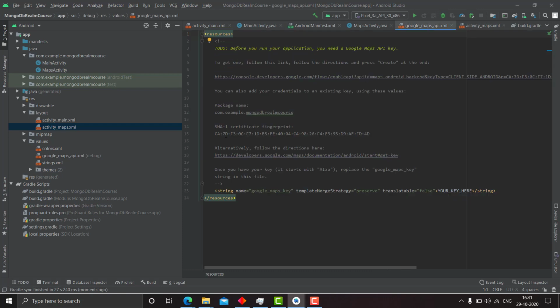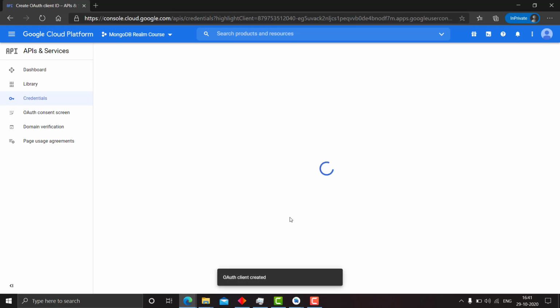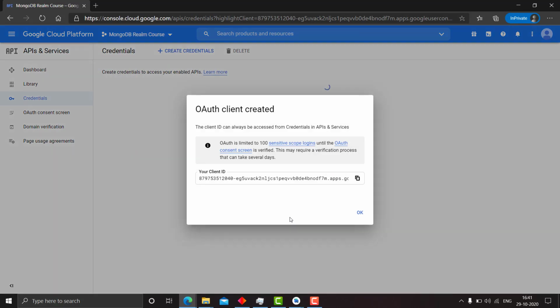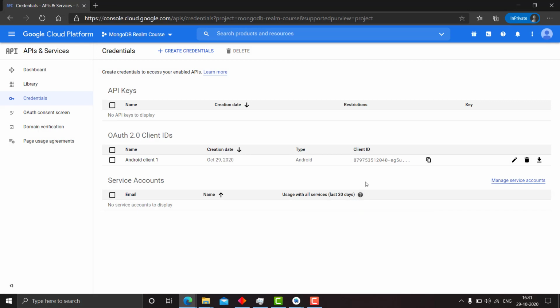But in the Google Maps API, you have the SHA-1 fingerprint here. Just copy it, paste it here, create. So now this will create an OAuth client ID for you. Okay, so this is a client ID which has been created. So this is done. But now if you need to use the Android Google sign-in, there is a tricky part